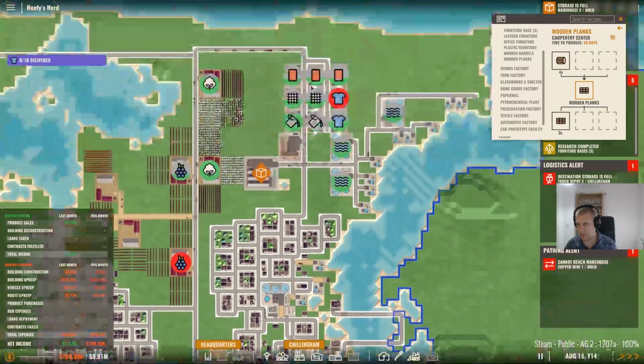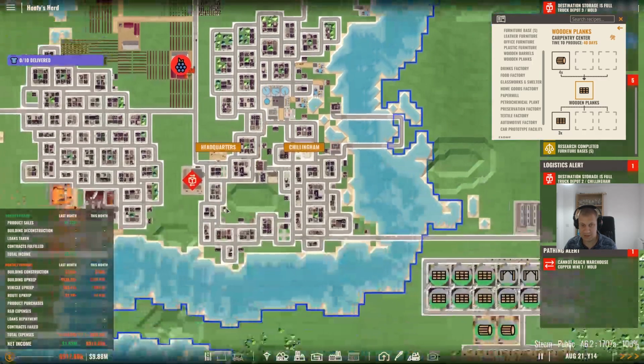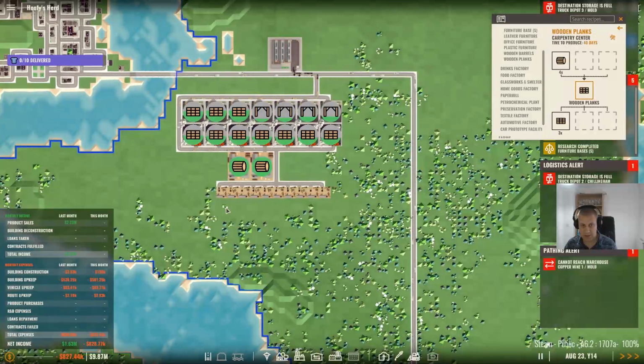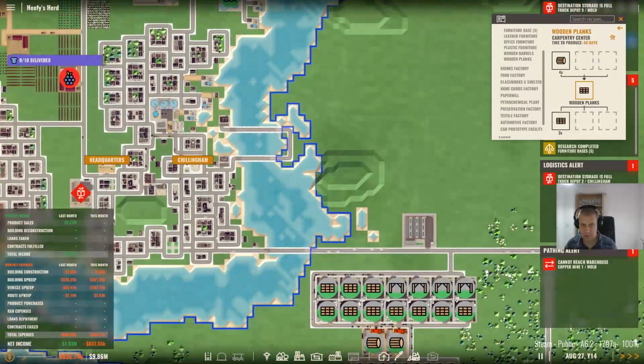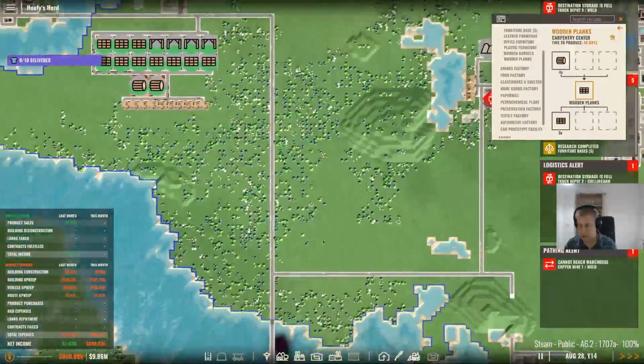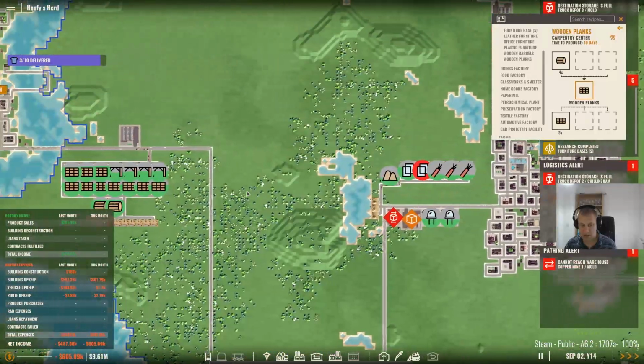Because whilst I'm not delivering the correct amount of summer clothes, I can make 14 million just by completing this contract. Hopefully. Right, so the clothes will be delivered at some point. So where are we? Well, we're starting to see the start of our